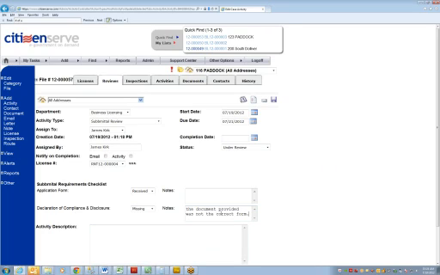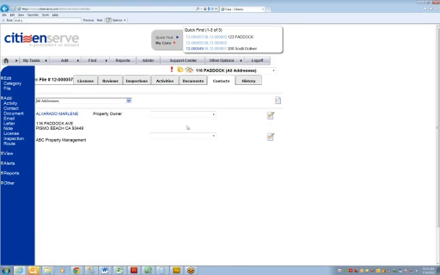I can put some generic text. And so now maybe I'm going to change the status and call this incomplete, and I'm going to send them a letter saying, hey, you didn't give us everything. So to send a letter, I'm going to just click Generate Letter, and then I'm going to send it to our ABC Property Management, and I'm going to send them the Rental